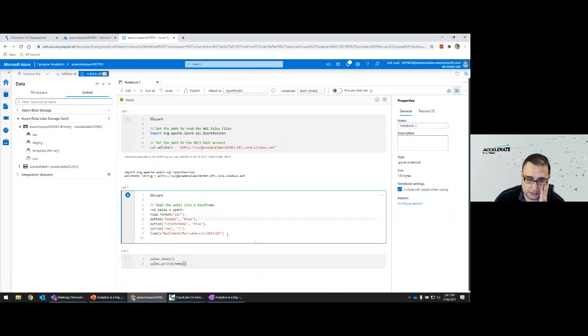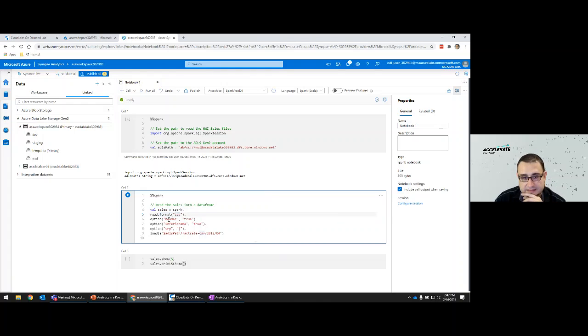So essentially, in this cell, we're going to define a data frame, a variable or RDD frame, called sales. We're going to use a Spark read method, and this is going to read from a CSV formatted source.